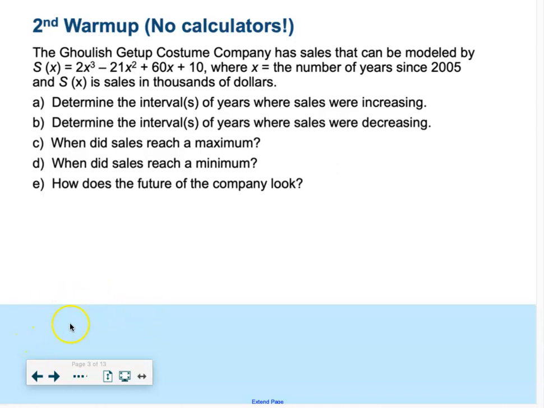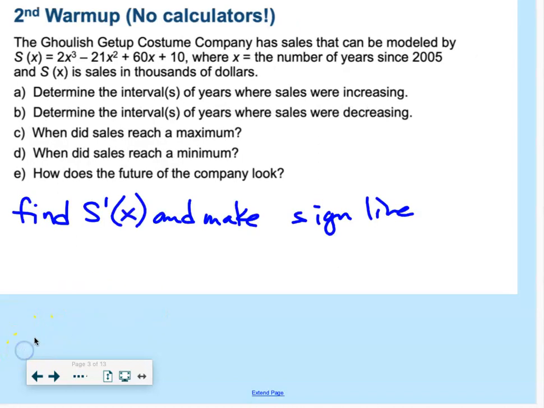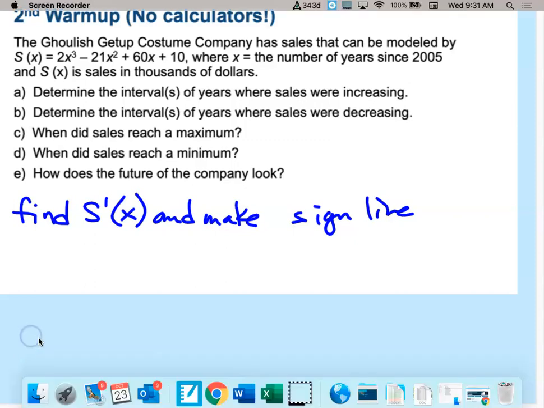Okay, we're going to take a look at our warm-up. I'm pausing for 1 second. Because it took up time and we were so squished, I didn't like pushing that fast, so come on. Okay, so my hint to all of you was to find S prime and make a